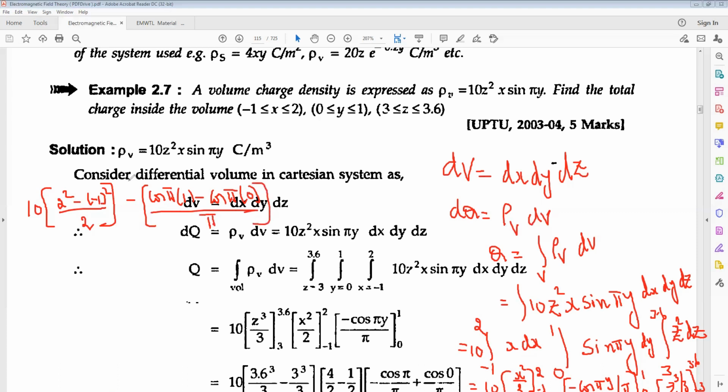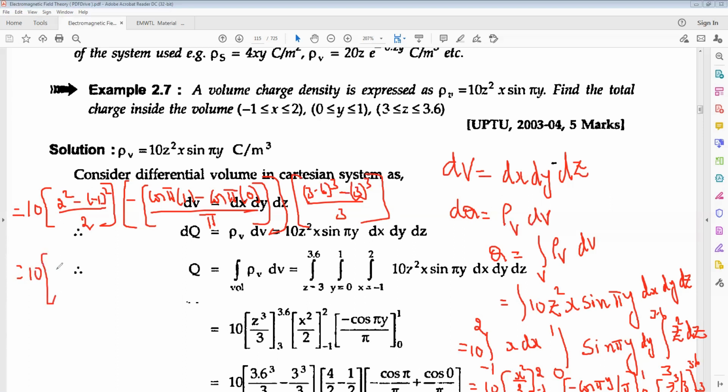Okay, and this is only the multiplication factor, my students. And again the multiply z, 3.6 whole cube minus 3 whole cube by 3. Okay, simplify the function. Cos pi value, that is equal to q is equal to 10 into